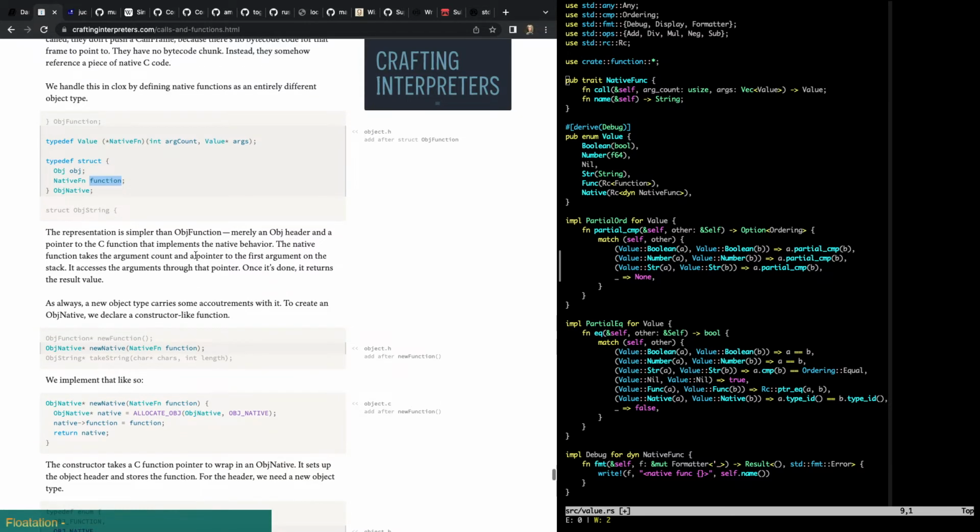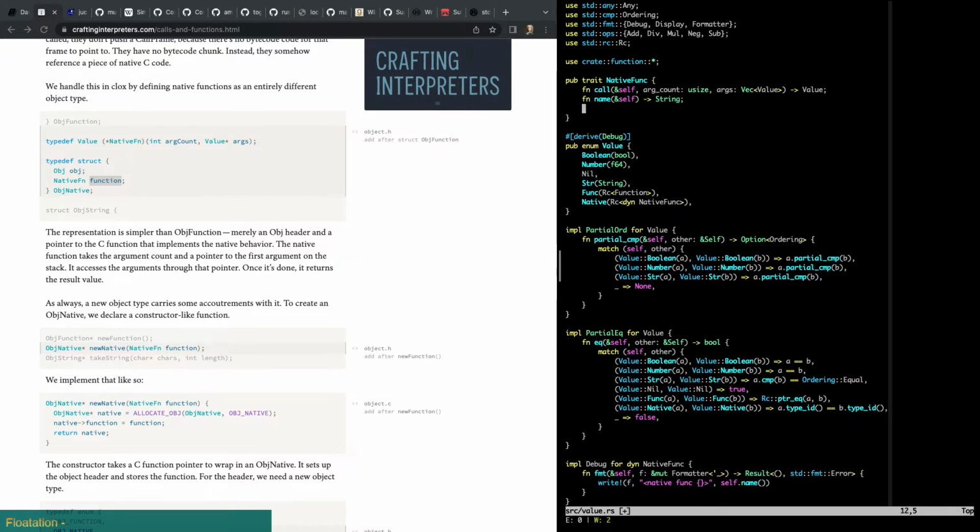Complicated but true. All right, so the representation is simpler than object function, merely an object header and a pointer to the C function. So it's kind of similar to this in Rust, where we have a function object here, versus a dyn object. So this can be made into an object because we have self parameters.